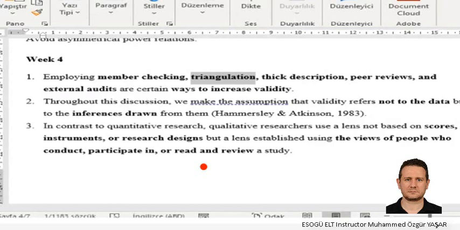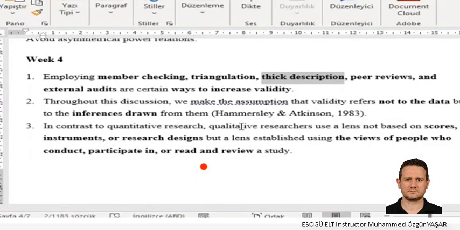And for thick description, again, for qualitative studies, they want you to describe in detail, in a way that your readers can understand, as if watching a video, as if watching a documentary, what's happening.